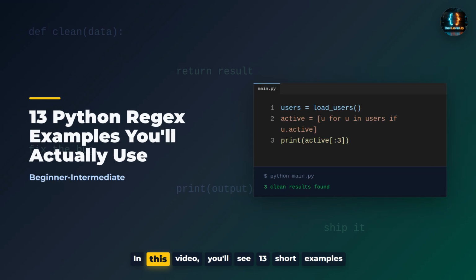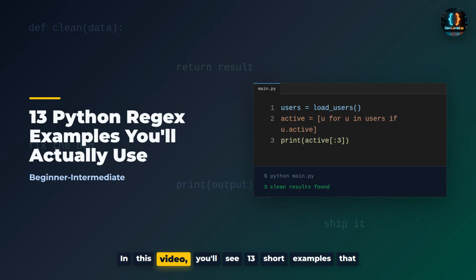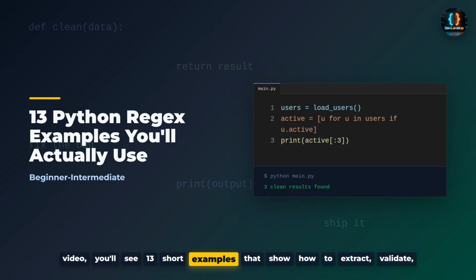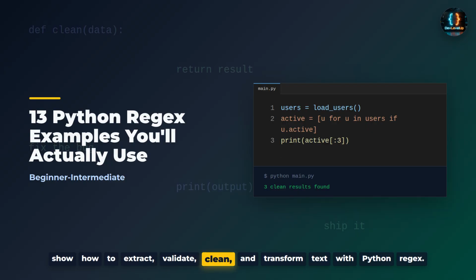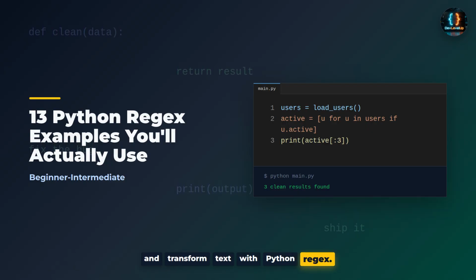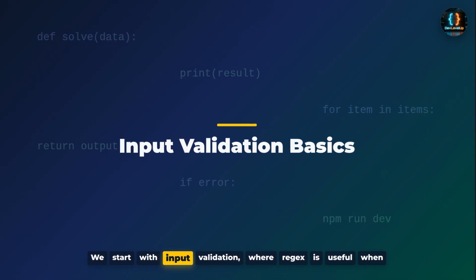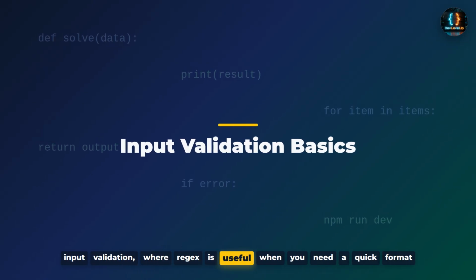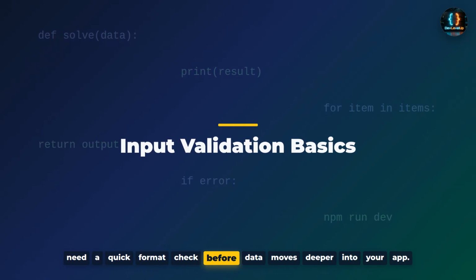Regex can look like random symbols, but in real Python projects, it solves very practical problems. In this video, you'll see 13 short examples that show how to extract, validate, clean, and transform text with Python regex. We start with input validation, where regex is useful when you need a quick format check before data moves